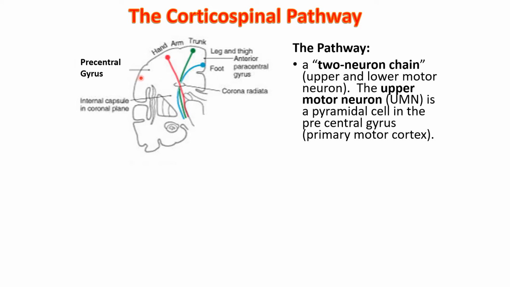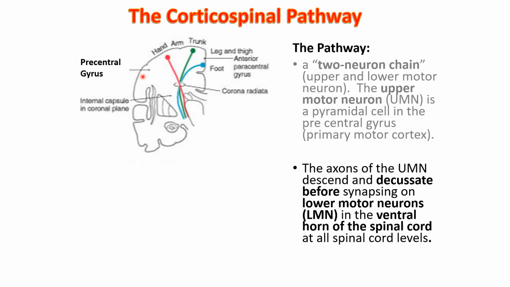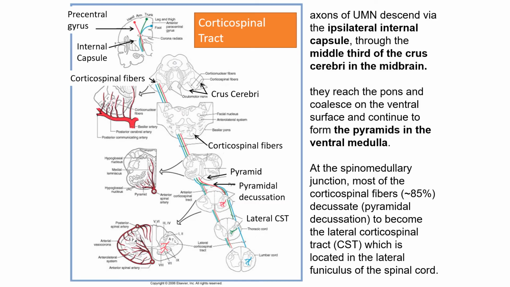This upper motor neuron travels from the cortex all the way down to the lower motor neuron, and the upper motor neurons descend through the central nervous system, and then decussate at the pontomedullary junction. As we can see, the fibers,